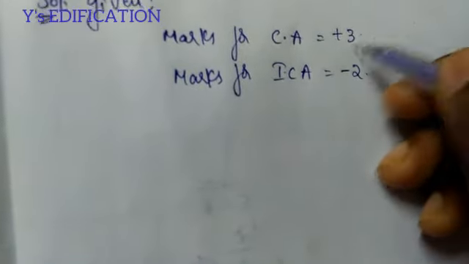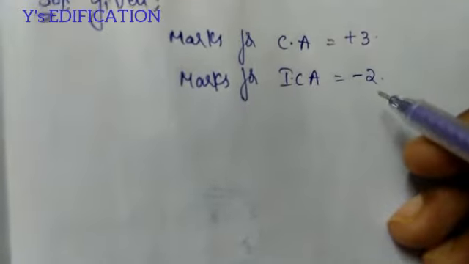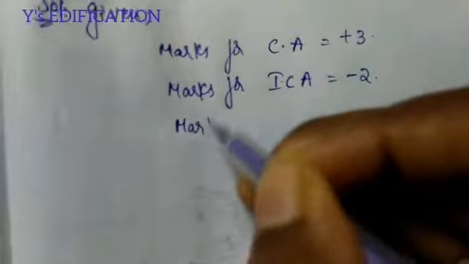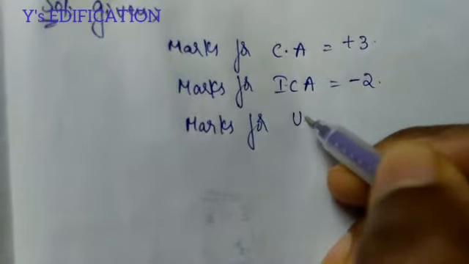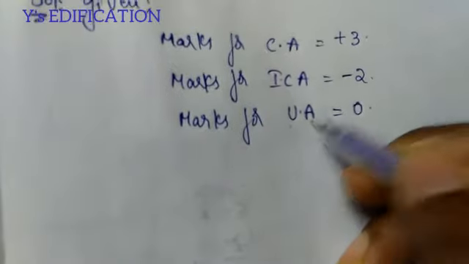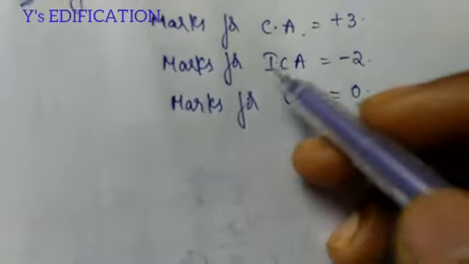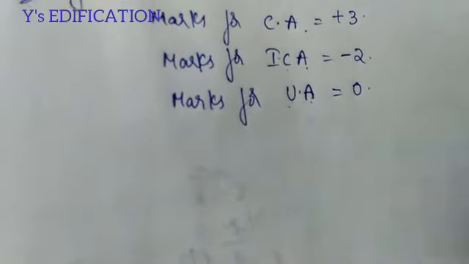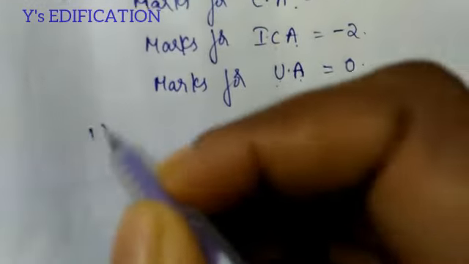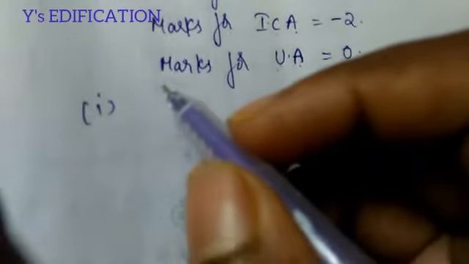If the answer is right, we will get 3 marks. If the answer is wrong, we will lose 2. And no marks for not attempting any question. Marks for unattempted question is 0. Unattempted, UA, I am simply writing UA, but you have to write correct answer, incorrect answer and unattempted answer. Here they gave two persons, Radhika and Mohini, and they are asking what scores they got in this test.